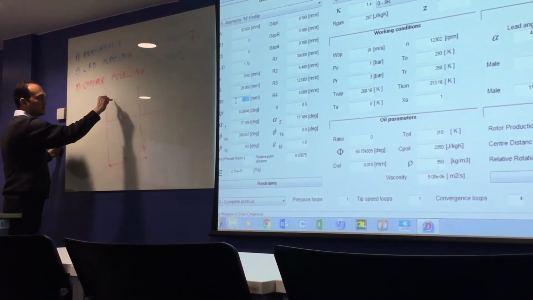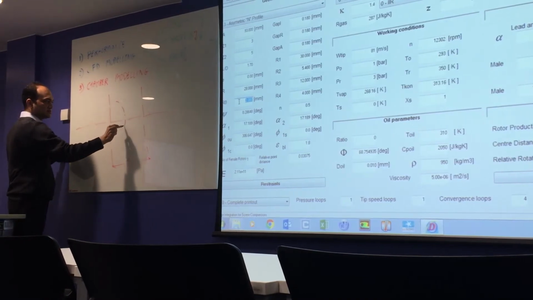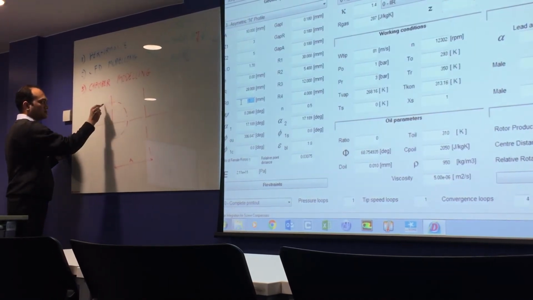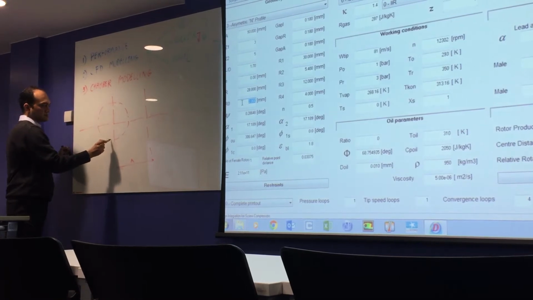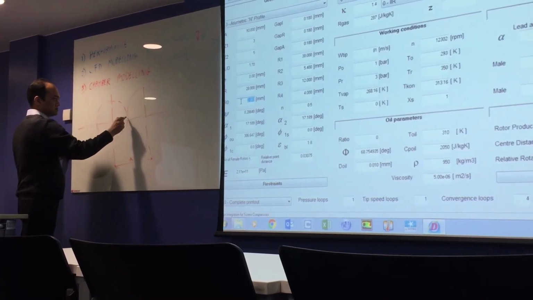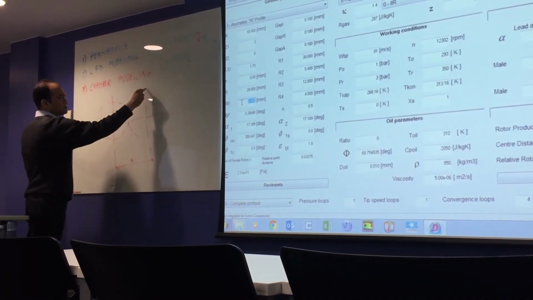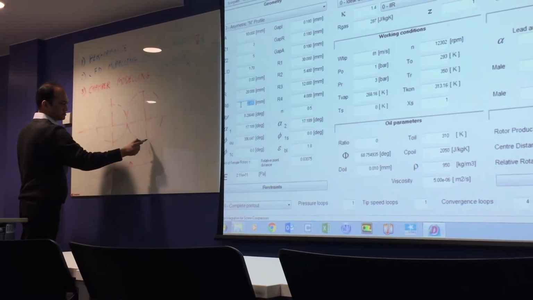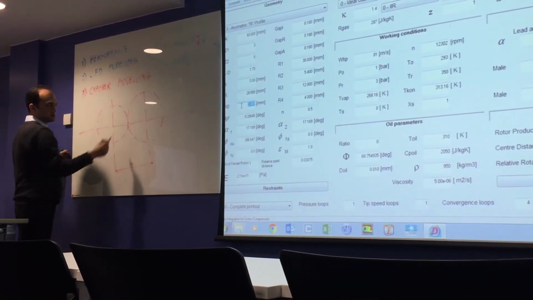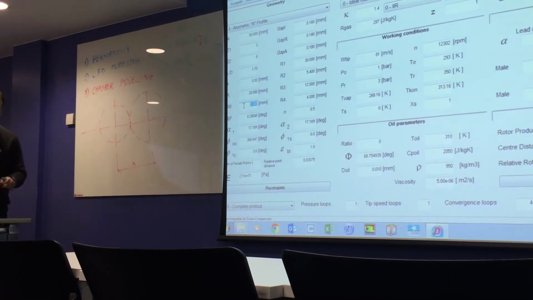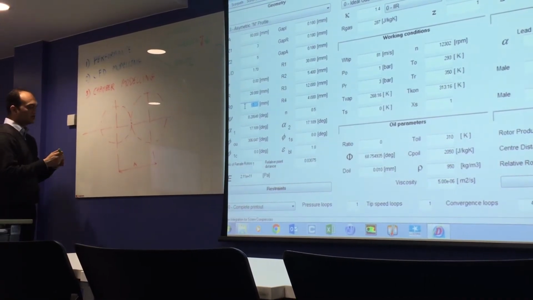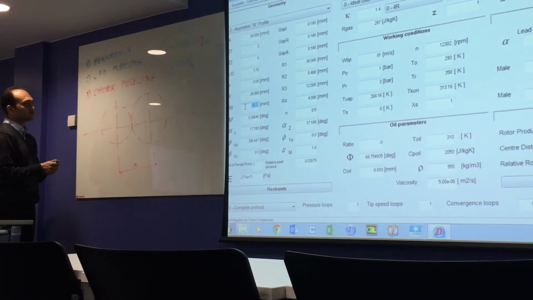So you will have two cylinders, virtual cylinders, which are rolling without slipping. And this is the contact point.